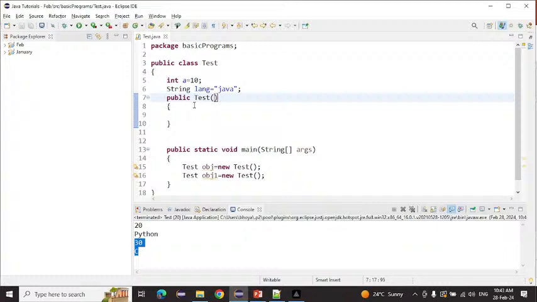Simple, here we will pass two variables. For this one we will pass it like that, and for this one we will pass it like that. So I am writing x here, and y here. Whatever value comes from here will be assigned to this a, and that value will be assigned to this language also. So if I am not writing any value here now, see